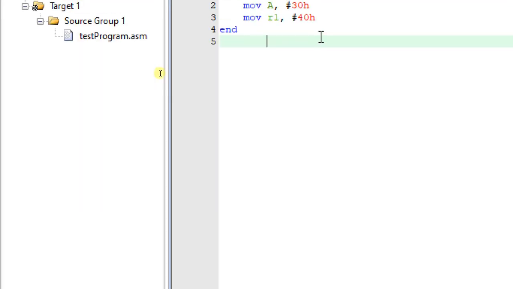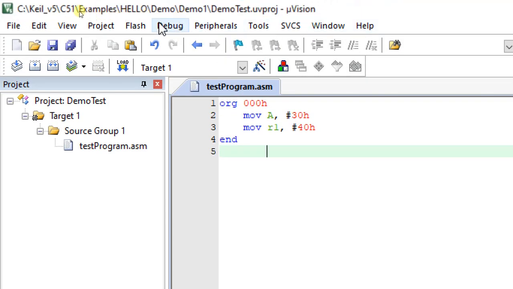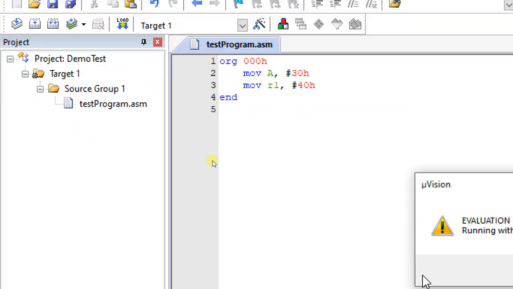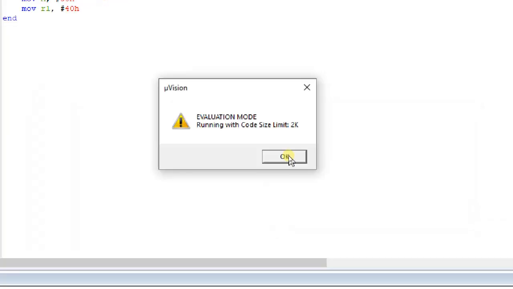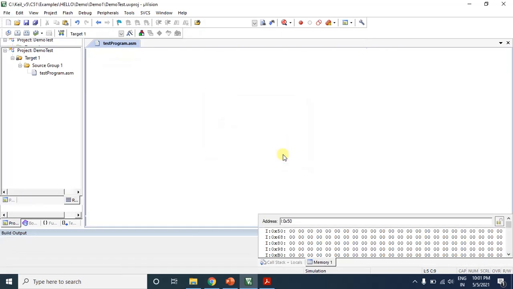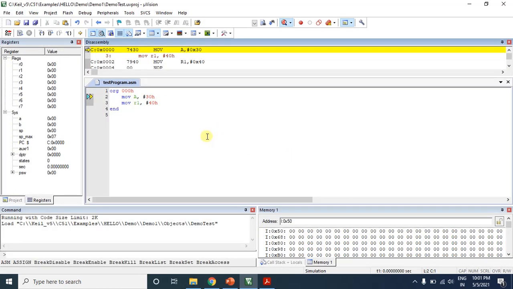Now I'll come to Debug and select Start or Stop Debug. It will ask for evaluation mode running with code size. This code size limit is 2 kilobytes only. Click OK. So the program is now executing.